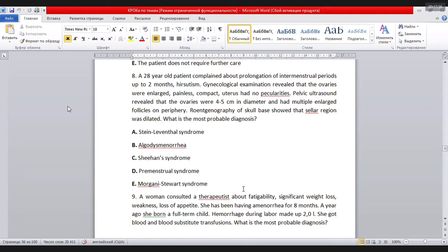Pelvic ultrasound revealed that the ovaries were 4 to 5 centimeters in diameter and had multiple enlarged follicles on the periphery. X-ray of the skull base showed that the sellar region was dilated. What is the most probable diagnosis? It's PCOD. Yes. Stein-Leventhal. What are the signs here in the test? There is hirsutism and the